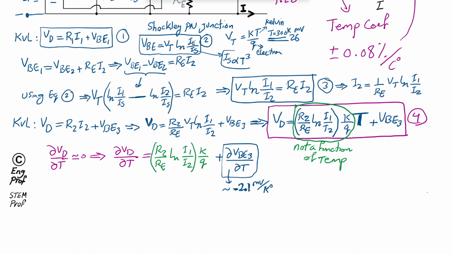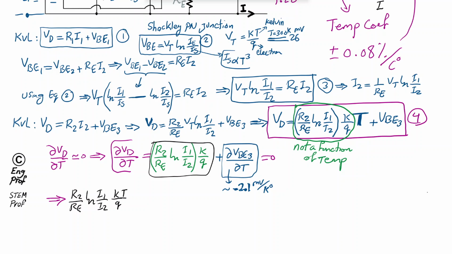So therefore, if I need to set this whole thing to 0, I get this term, R2 over RE, ln I1 over I2, and K over Q. I can add a T, I can drop a T. So just add a T in the numerator, drop a T, and also add a T in the denominator. What's the benefit? Well, this thing is VT. So I am going to just write VT